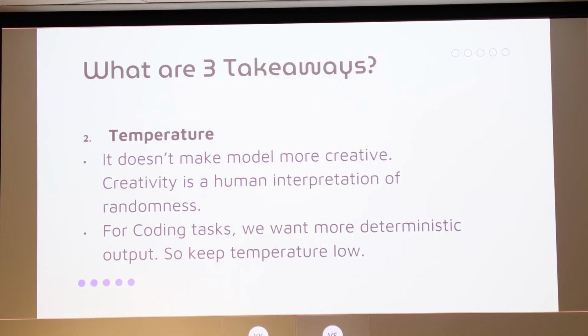All it's doing is assigning the least probable tokens if you set the temperature high. If you set the temperature really high, it's going to give you really random tokens, which probably will not make sense to you. So for coding tasks, try to keep the temperature of the LLM as low as possible because you want a more predictable outcome. For writing tasks, you can set the temperature a little bit higher.